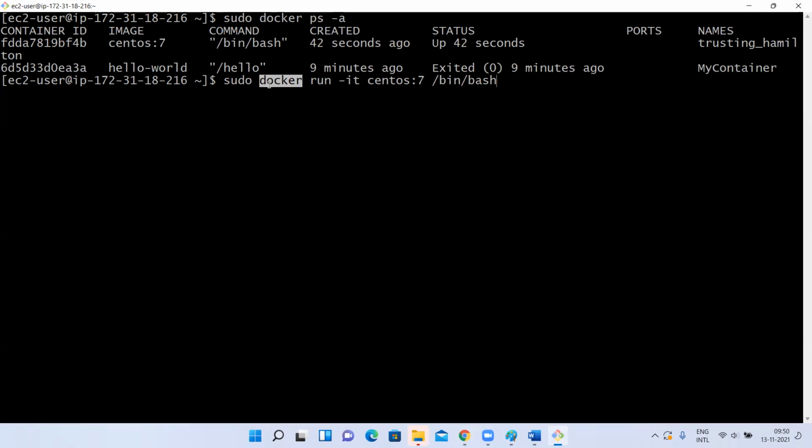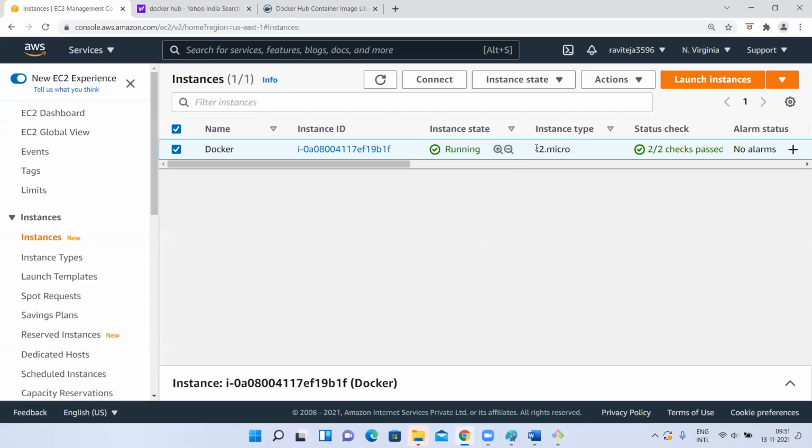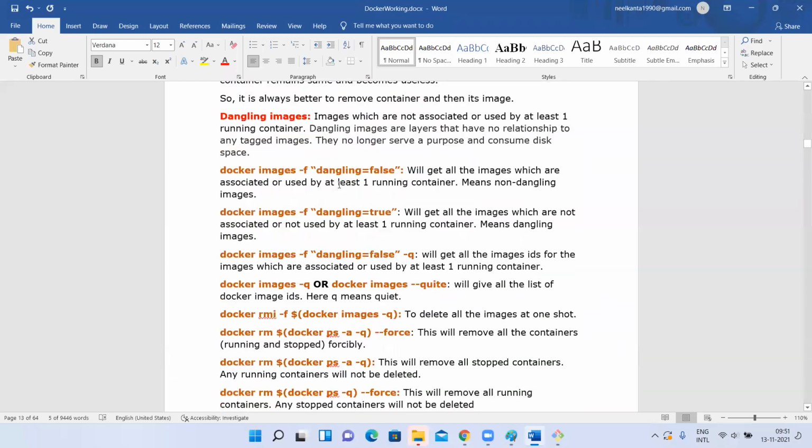Okay. And tomorrow, before the next class, if you don't do two things, I will not allow you into the next class. One is you have to create a Docker Hub account, sign up in Docker Hub. The next one is everyone should create an EC2 instance and practice. T2 micro is enough. Install Docker. It is there in the document. I think I already shared the document.